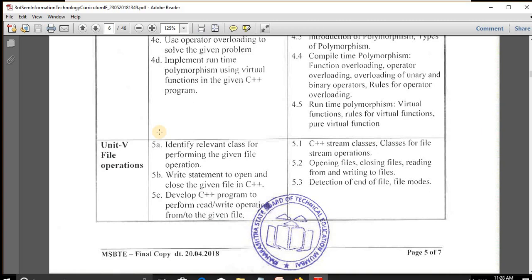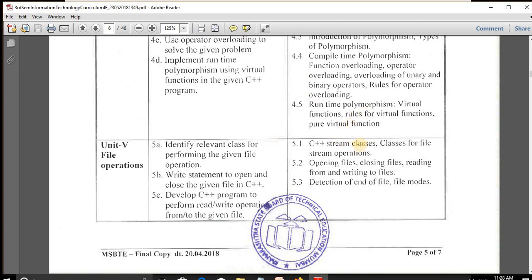To define a file property, it is necessary to consider the operations which can be performed on files. A program typically involves data communication between the console and the program, or between the files and program, or even both. The program must at least perform data exchange between processor and main memory. So what does file operation mean? We store the data into files and perform operations on that file.